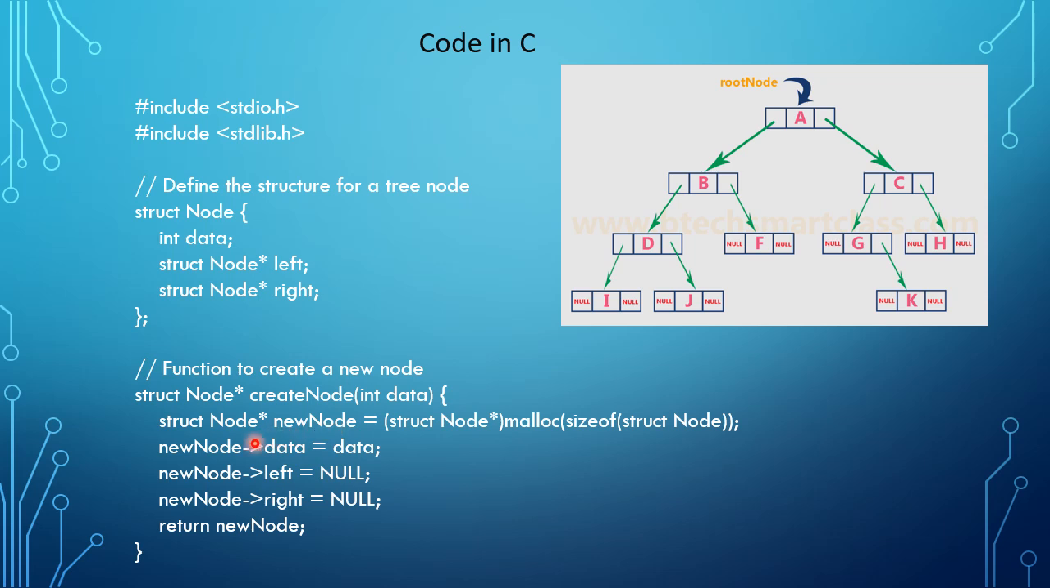So next, we have to insert the given data into the data partition. To insert it, we write new node data equal to data. What does this statement tell? Normally, a user defined data type